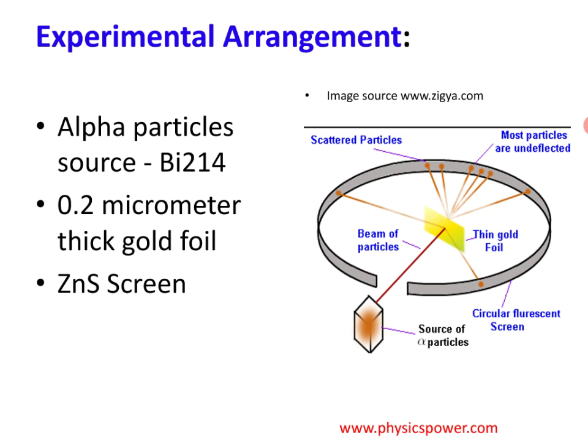So here, as the alpha particle source, he used bismuth 214, and its atomic weight. Not only that, any alpha particle source you can use. So he considered an alpha particle source that he kept in one lead box. He considered a lead box because it is more stable to radiation as compared with the remaining metals. So